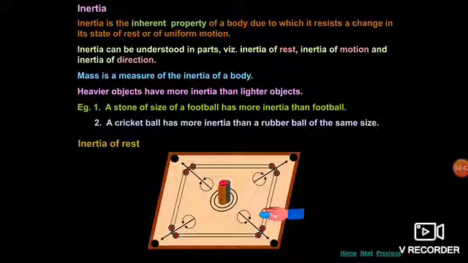Now inertia of rest. You can see there is a carom board in front of you. Now if we apply force with the help of a striker, one circular body has moved because we are applying force on it, and the others remain at rest because we have applied force on the lower one. Now we can see there is one cylinder, we can say a beaker, and on the beaker we have placed one paper on which a 5 rupee coin is there. If you apply force on the paper, only the paper will move and the coin will fall in the beaker.